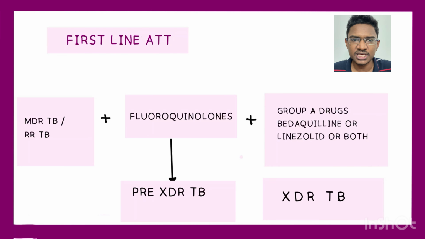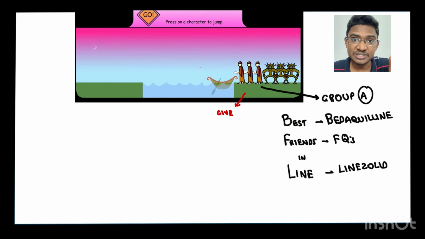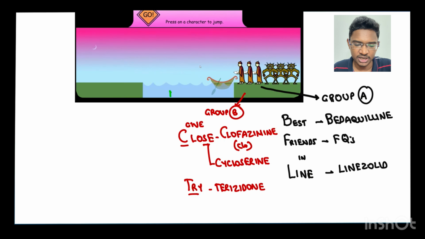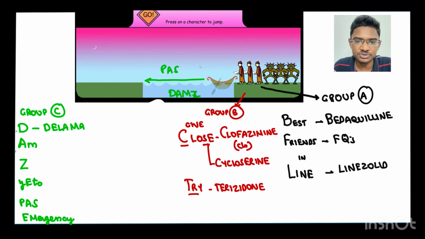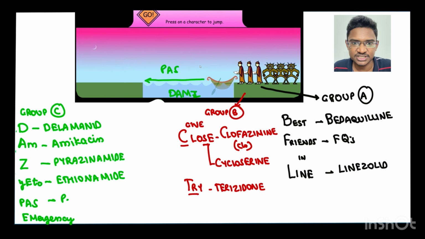So now we will be seeing the treatment regimen for each part of tuberculosis, and then we will see in special situations how to handle the management. Yeah, so this is a short mnemonic to remember the regimen for all drug resistant tuberculosis. Group A drugs are the most potent group, then comes group B, then comes group C. So group A: best friends are in a line, they are giving a close try to cross a dam. They are yet to pass this dam and it's an emergency for them, or else they will be